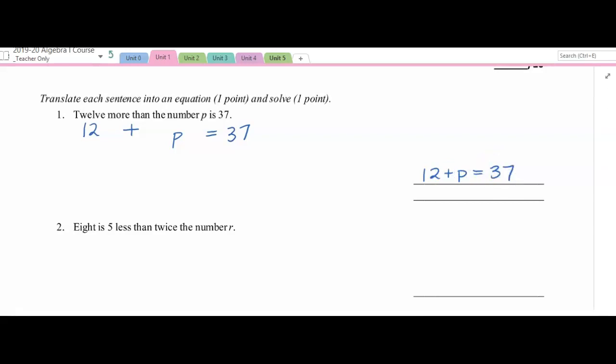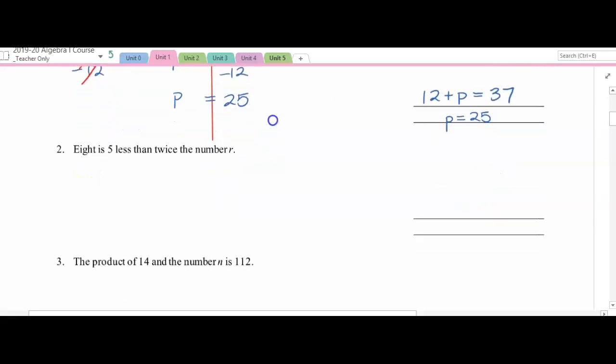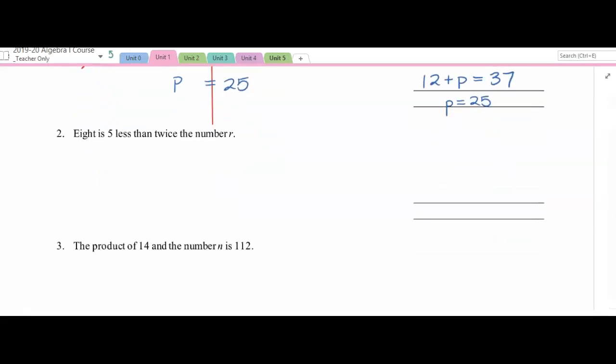Now let's solve. Separate our sides of the equation. We're going to subtract 12 from both sides. P equals 25. Eight is 5